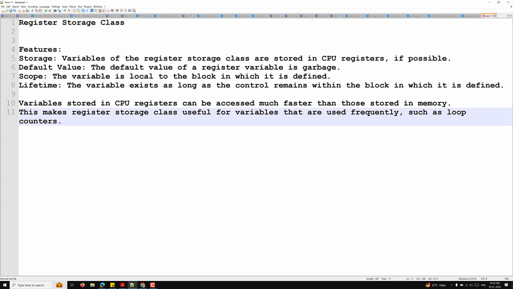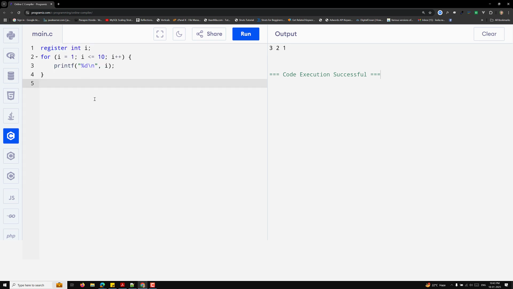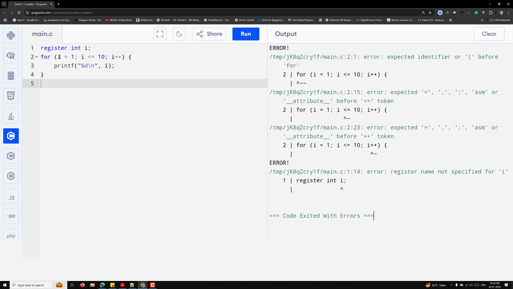Now let's try a simple example for this one. I will open it here and paste it. Right now we have register int i. I am just trying to show you: for i equal to 0, i less than 10, i plus plus, we are printing the value. Now if I try to run this one, we get an error. Why? Because we need to mention